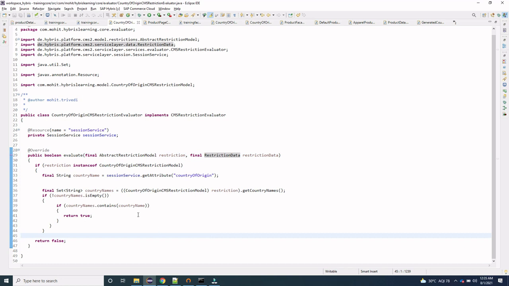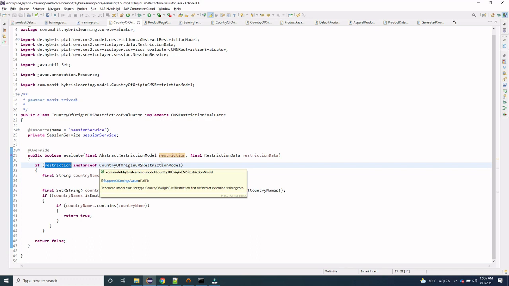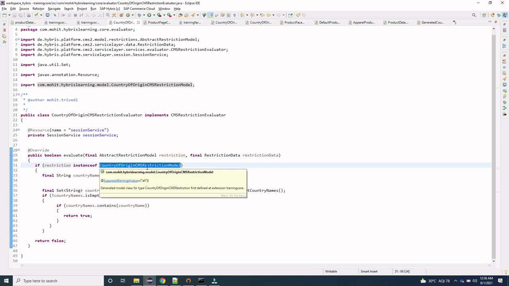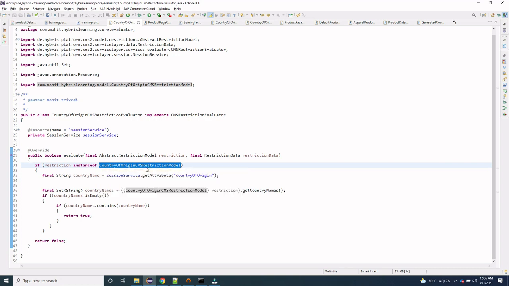Now what we are doing here, first of all, is checking if the restriction is an instance of this country of origin CMS restriction model or not. When we did the ant clean all, at that time this country of origin CMS restriction model also got created.